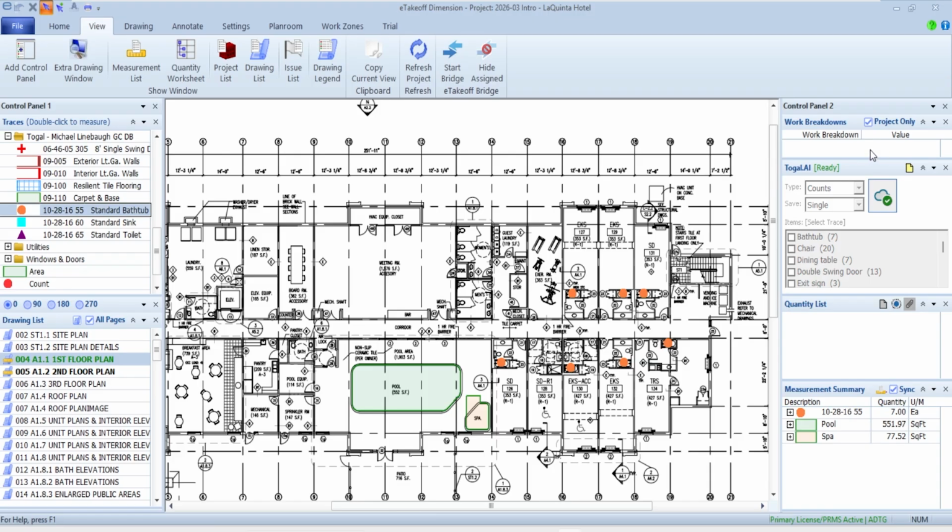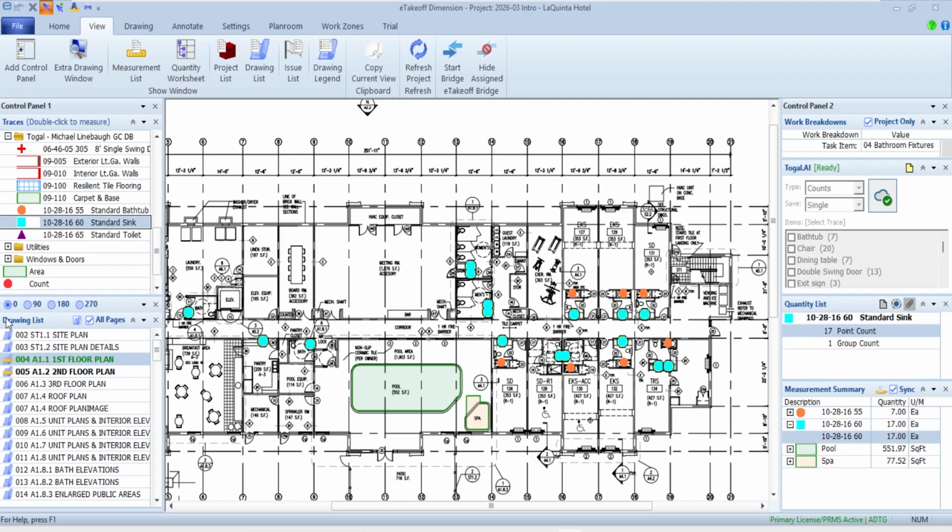And maybe I'll come back up then and say, whoops, where'd my WBS value for that go? And let's change that up a little bit. So maybe I'll just say 04. Got some fixtures. And let's go ahead and catch maybe some sinks. So we'll say that these count for the sinks. And we'll leave those at the same. Bathroom fixtures and so forth.